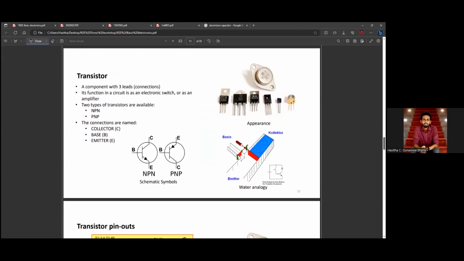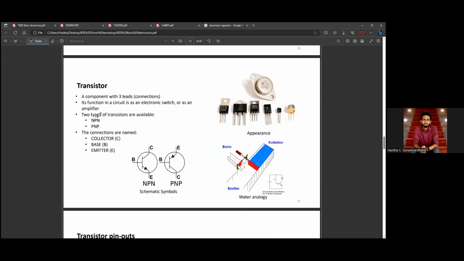This is a somewhat revolutionary and somewhat complex component, the transistor. A transistor usually has 3 leads: base, collector, and emitter. I think you may know about this. Then there are 2 types of transistors, NPN and PNP. I will not go into detail about how these transistor curves are derived and so on, because that will be very boring.